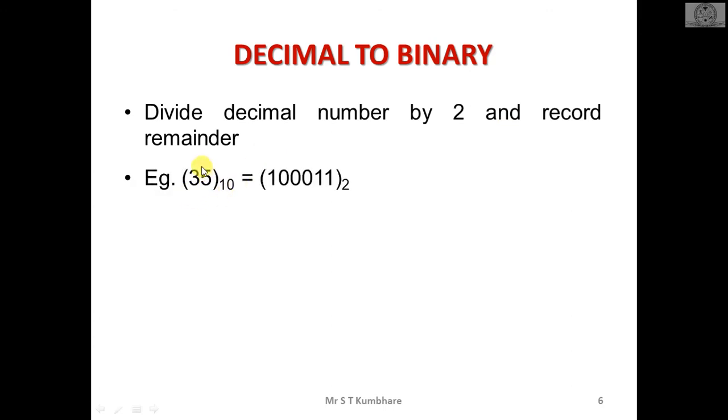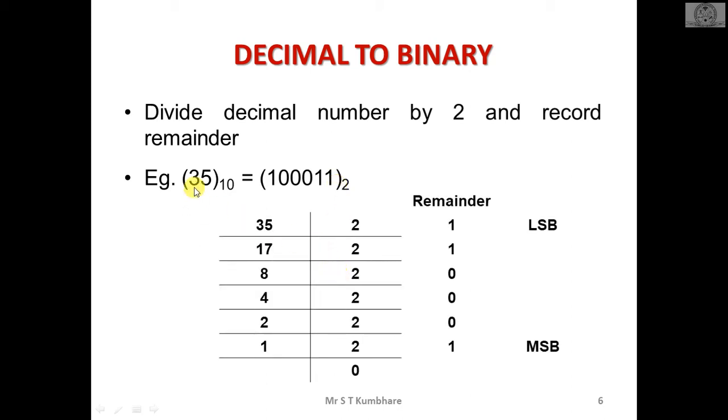Let's take an example. Suppose I want to convert this 35 into binary. This is the result, but how is it coming? Let's check it out. You can draw a horizontal line and a vertical line, and then write down 35 over here. Since I want the result in binary, I have to divide it by 2. Why 2? Because I want the result in binary. If you want octal or hexadecimal, you have to change this base. This is basically the base or value.